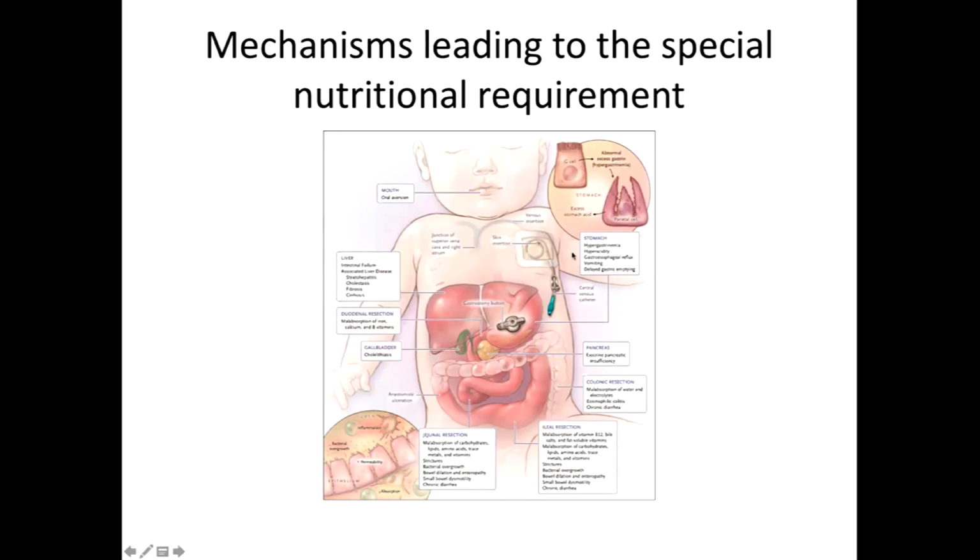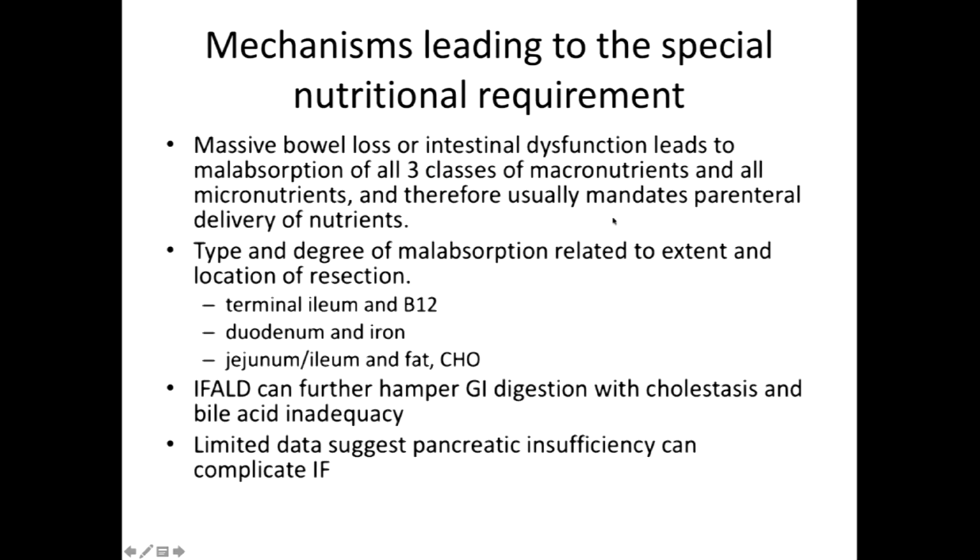Many children with intestinal failure look like this as infants. They have a central venous catheter in their chest. They have a gastrostomy tube for continuous feeds. And if you look at how different parts of the intestine impact nutritional requirements, it's really a physiology experiment that I share with my trainees and students, because clearly the place at which gastrointestinal resection occurs negatively impacts a variety of micro- and macronutrient absorptive capacities, to say nothing of important physiological features such as increased bowel permeability, decreased surface area for absorption, hypergastrinemia, and others.